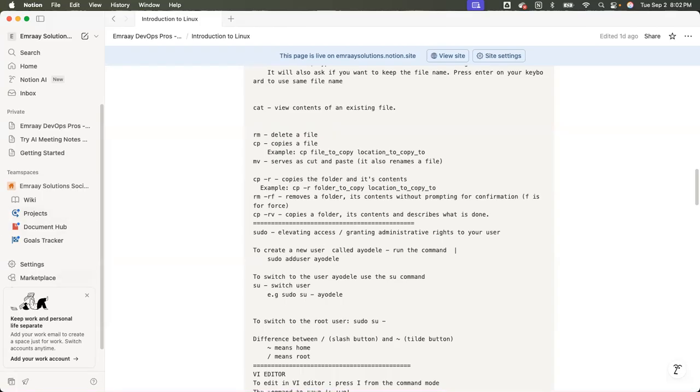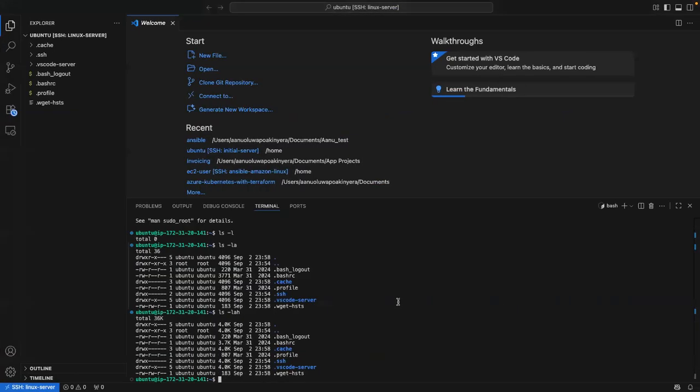All of those additional or higher permissions in Linux are called sudo. Sudo is super user do. So a super user is doing things. That's what sudo means.